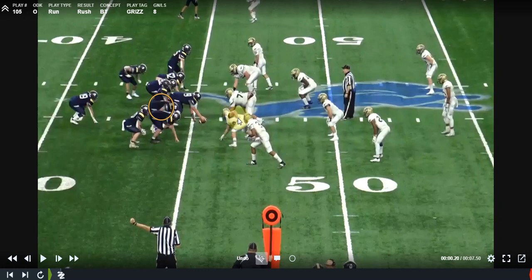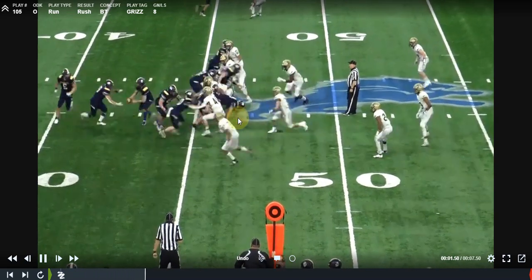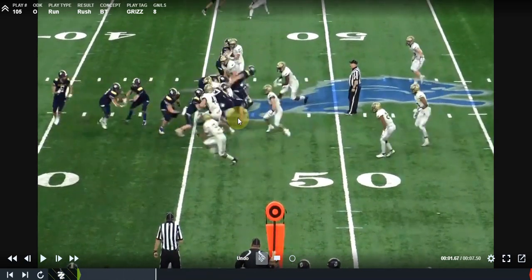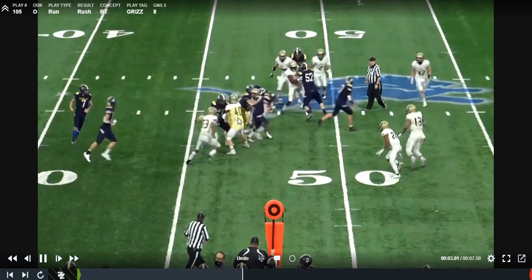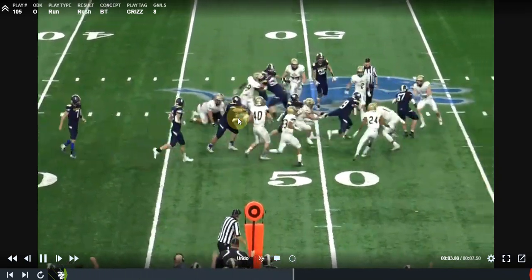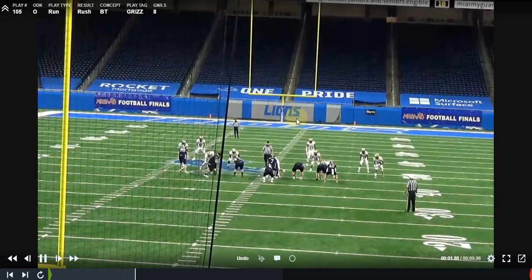This is probably the hardest fit that you're going to get, especially when you're running it to a 2-man surface. So you can see him stay square. The A-back kind of helped out a little bit because he wasn't expecting that tackle to be on the outside hip of our tackle. Does a good job, though, understanding that, we're moving to the next guy. And what this is also a really good illustration of is